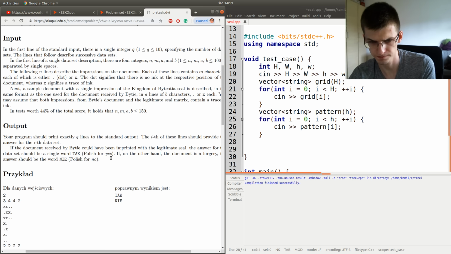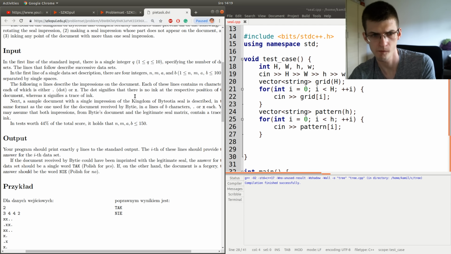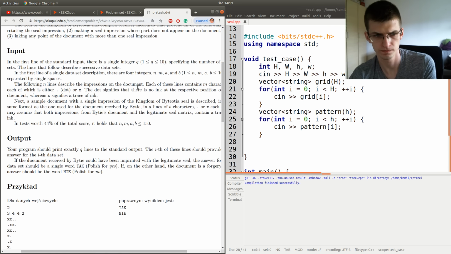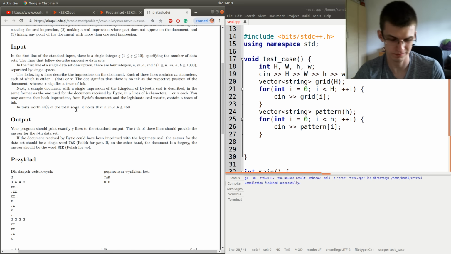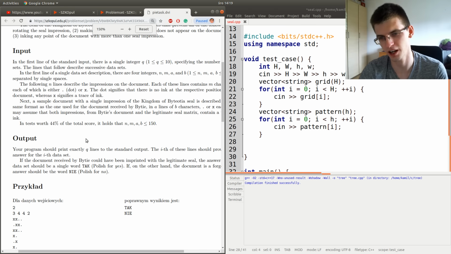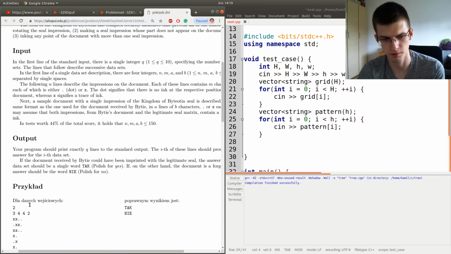Let's see that. Contain a trace of ink. I guess it means it's guaranteed that at least one cell contains X. I'm not sure about this wording. Let's go with that.